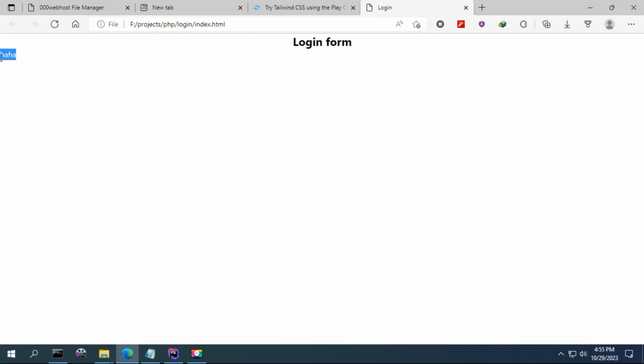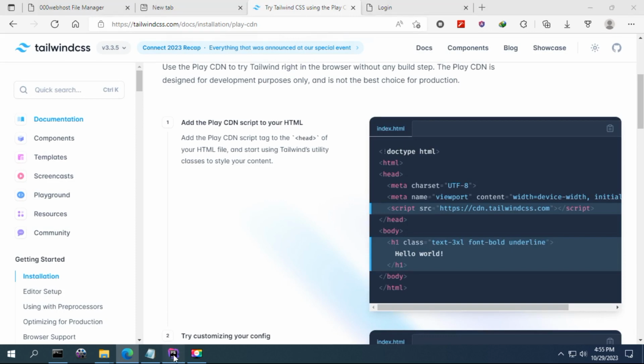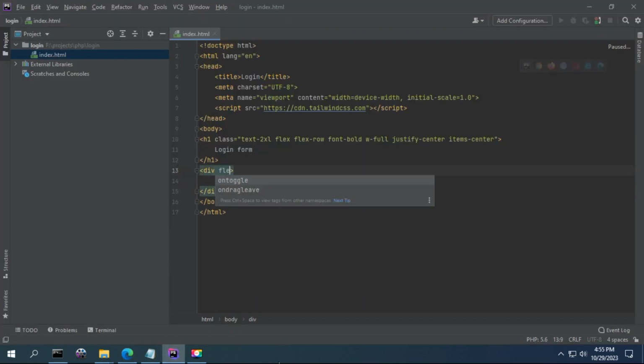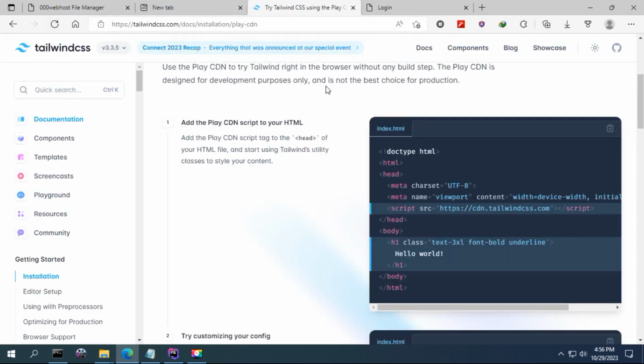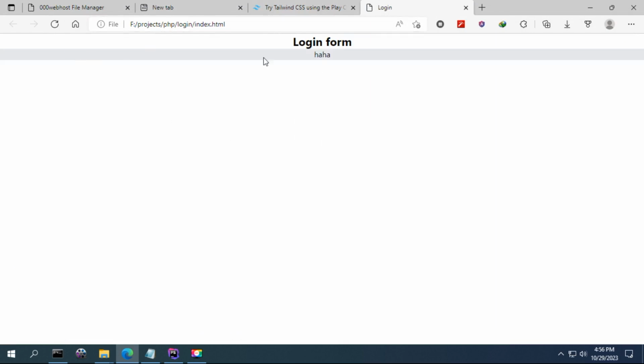I want this text to appear at the center. I'll change the display to flex, use the class flex, then flex row, and say width full. After width full, then we justify center. I can change even the background. If I refresh, you can see the background has been created, but this background